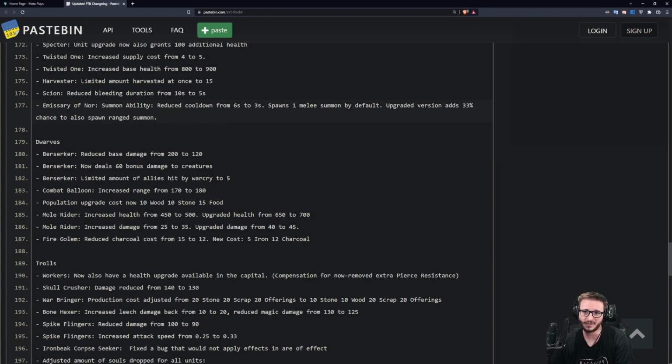Emissary of Nor. Summon ability, reduce cooldown from 6 to 3 seconds. Spawns one melee unit by default. Upgraded version has a 33% chance to also spawn a ranged summon. So the problem with this was that any units that are in a cooldown on their attack move ability will also be just moving forward as you attack move while they wait, which is not good because they'll just run into the enemy, and 6 seconds is a very long time, so they literally fly over the enemy army while